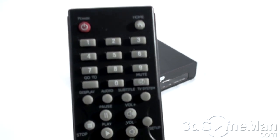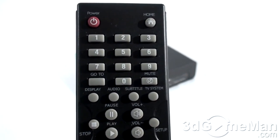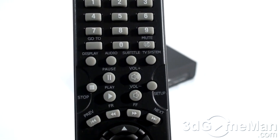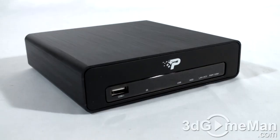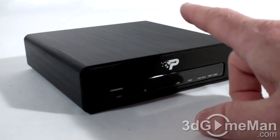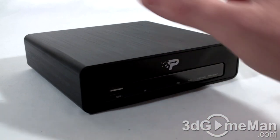Now, before I have a closer look at the media player, let's have a peek at the remote control. Overall, a pretty basic remote control, but that being said, it does have all of the functionality that you would need for a device like this. Now, as you can see, this is a very small, compact media player. It is comprised of an outside casing which is brushed aluminum, so it looks quite nice, and that does give